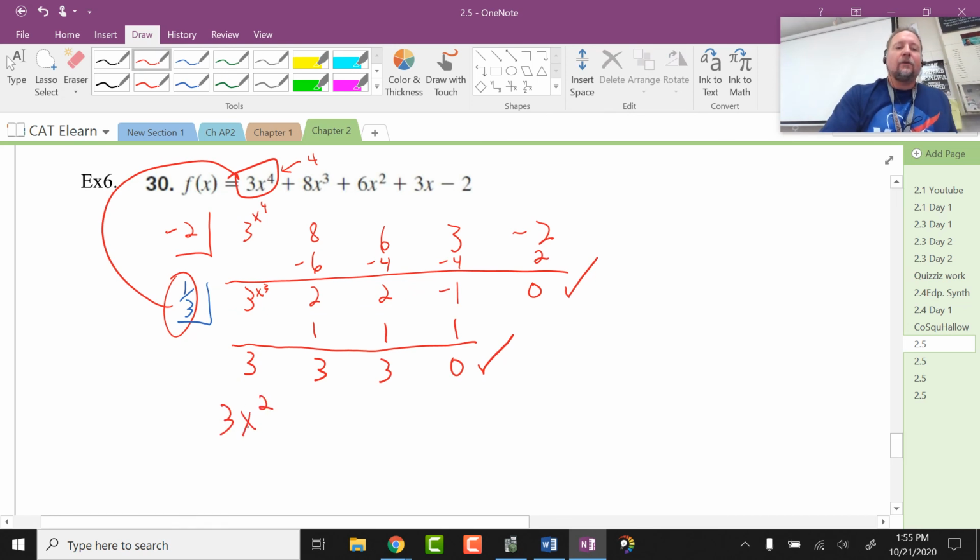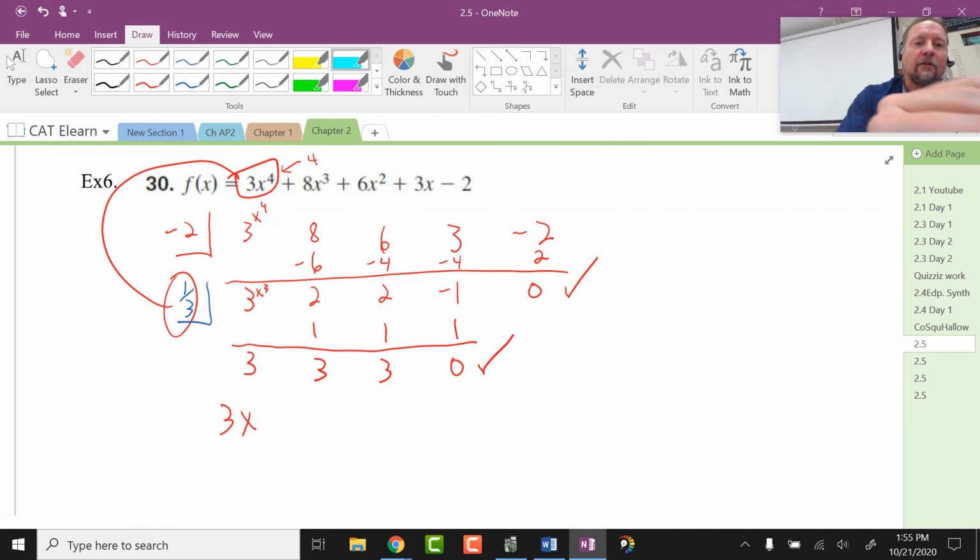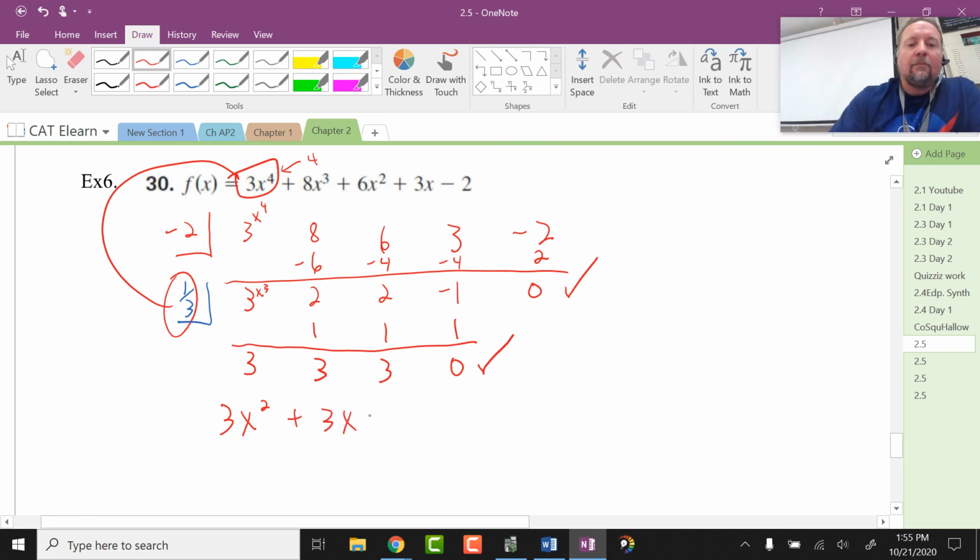This is now depressed down to a 3x squared. One more time. We went from an x to the fourth to an x to the third. Then we depressed it again. Now it's an x squared. So that's imperative that you go in this step in this fashion in order to get down to a workable x squared that can be factored to find the remaining zeros or,